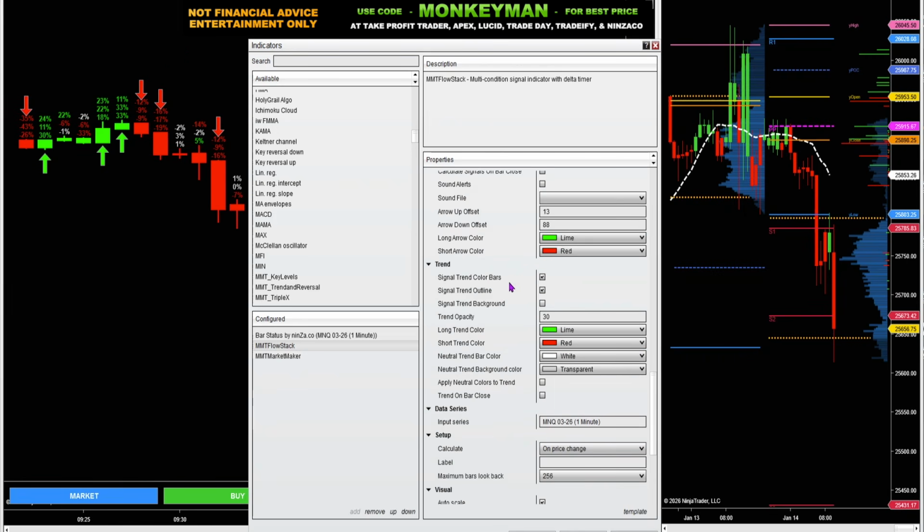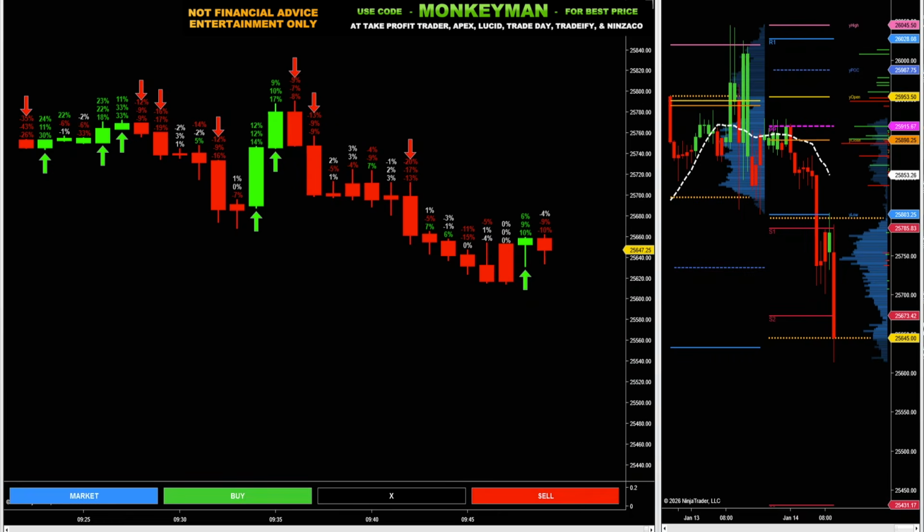Then I've got the trend section. I've got the color bars and the outline activated. So once all three percentages turn bearish, these candles are going to paint red until we get a switch in the opposite direction. You can also apply neutral colors to the trend. If you do that, as soon as you get any kind of neutrality, it's going to paint the candles white if all of these conditions are not true. So those are the settings I'm using for the Flowstack and some of the ways that I'm trading with delta